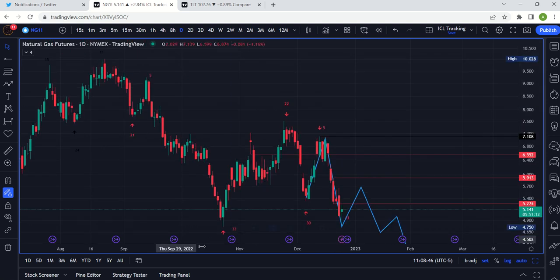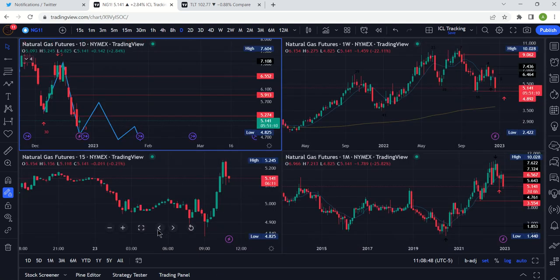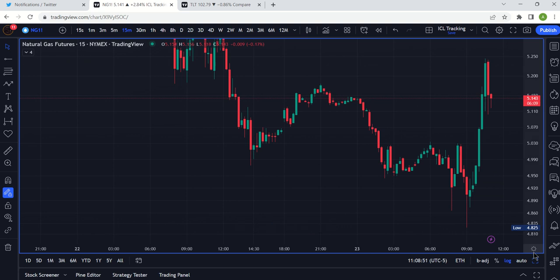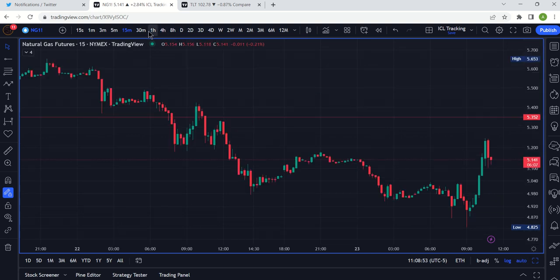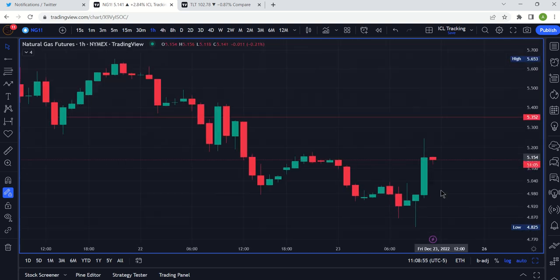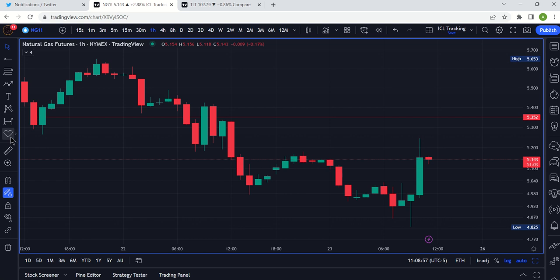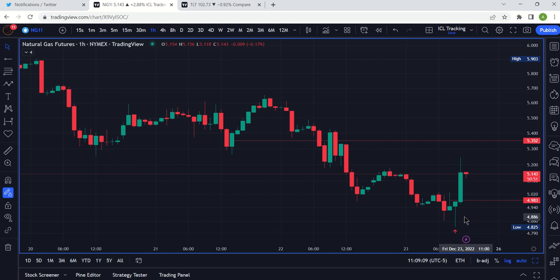Now let's zoom into the lower time frame price action, the hourly chart. This is your 15-minute. Let's level it up to the hourly. Look at that. So just to be clear, it's trying to print a swing low right now, right? It's trying to make that a swing low. How does that become a swing low? Well, I'm glad you asked. By going above the high of that candle, right? The same way a swing high is formed when you go below the low of a candle that forms a high. A swing low, exactly the opposite.